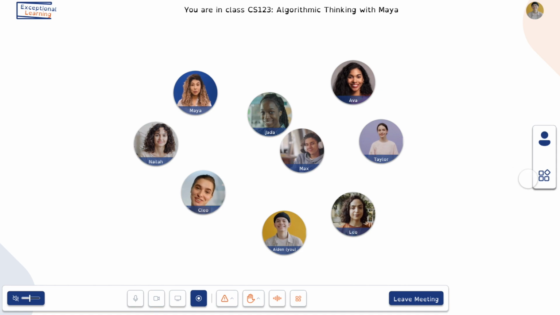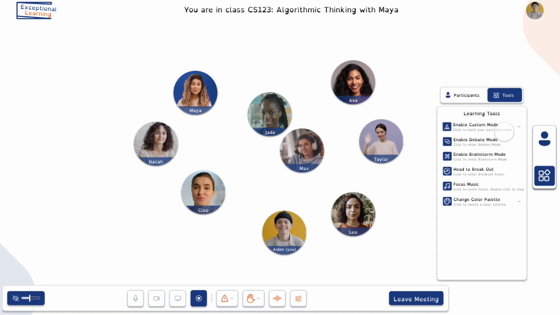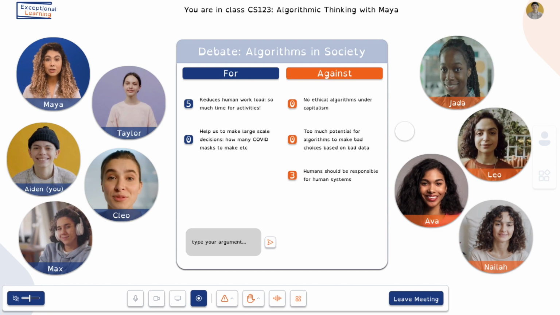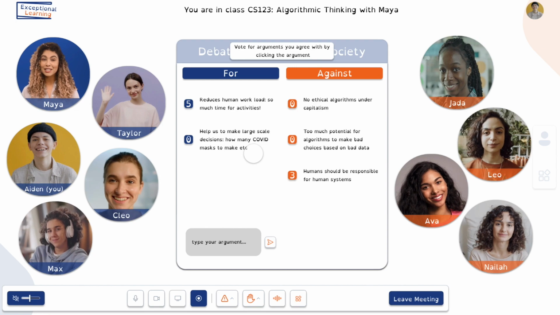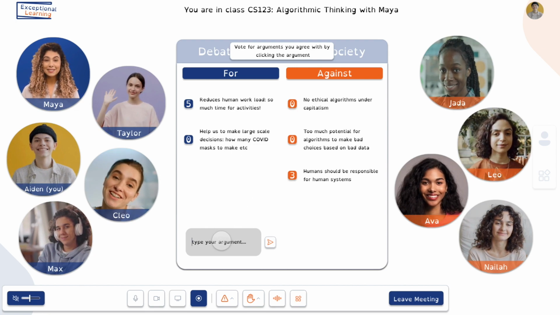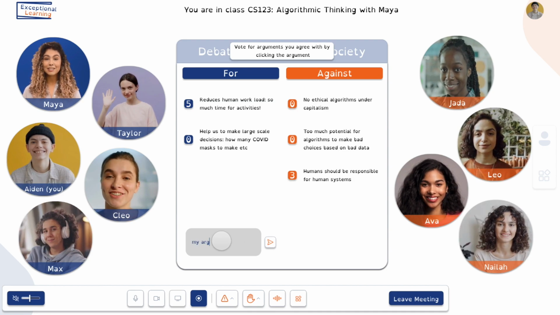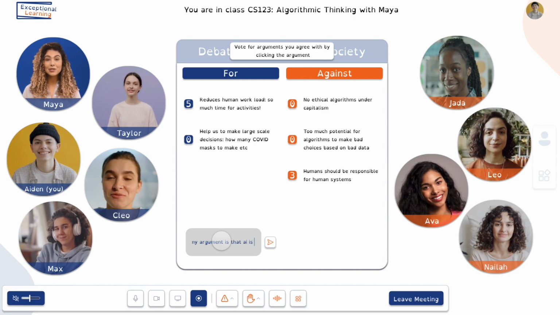So let's have a look at the various different modes that we have. Now we've had a look at custom mode, where you can build your own classroom. Now let's head into debate mode. In debate mode, they're set up in 2 teams, and they have to argue something. Each student might write in their own argument. My argument is that AI is cool,